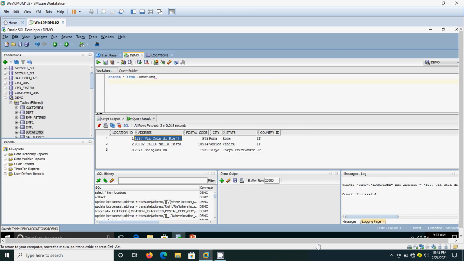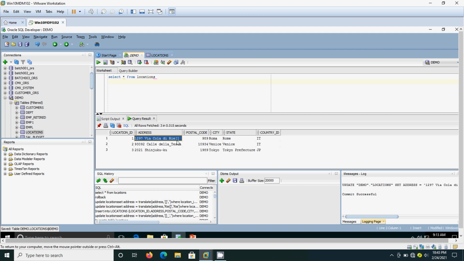Here I am having one table called locations. Normally in our real-time environment we will be having more records. For our learning purpose I am having only 3 records here. Here the issue is that the data entry operator keyed the records wrongly.